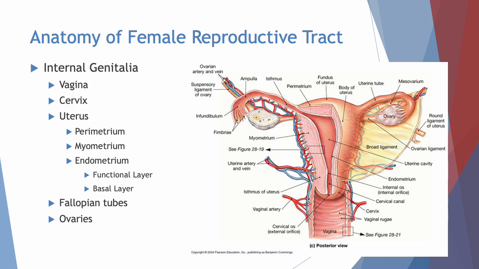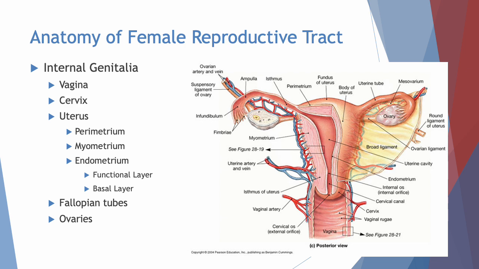Okay, so for the anatomy of the female reproductive tract, for endometriosis, we're mainly focused on the internal anatomy of the reproductive tract. So that includes the vagina, the cervix, the uterus, which has three layers: the perimetrium, which is the